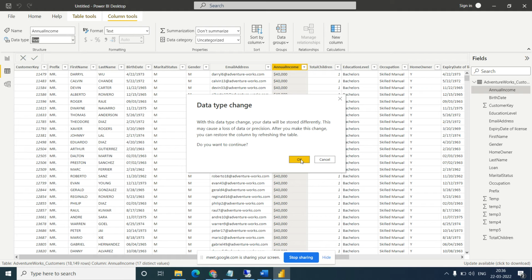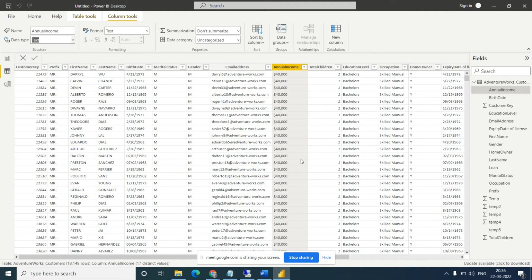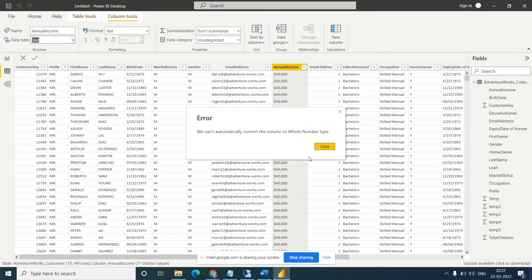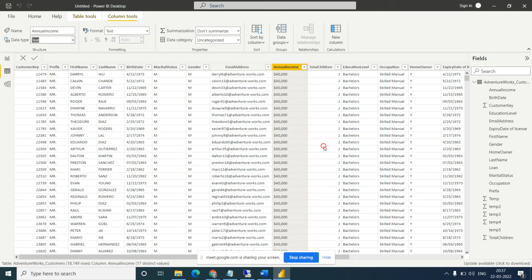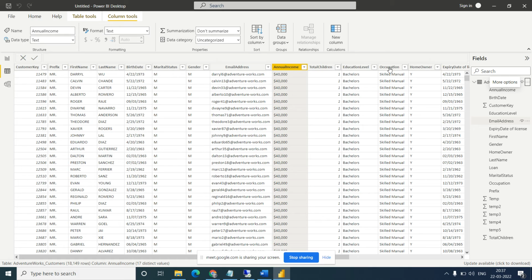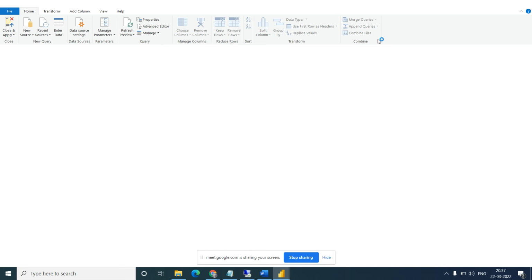Okay, click on OK. So I changed the data type. It was showing text. It says it cannot automatically convert the column to whole number. Okay, it is not able to convert. So we can go back to the edit query and change the data type there. Maybe it will have an issue here also because of the dollar sign.